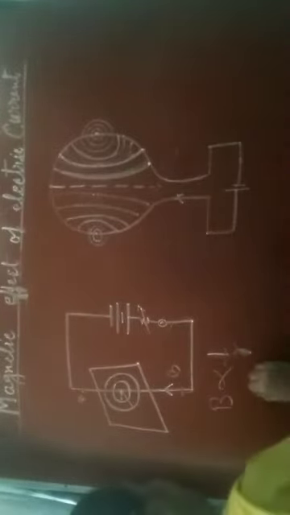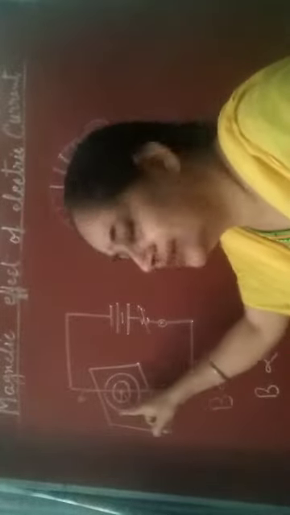If we pass more current, then the magnetic field will be more. So the magnetic field here depends upon two factors. One is current and the second one is radius. If the distance from the center increases, the magnetic field decreases. And if current increases, the magnetic field increases. So it depends upon these two factors. And the shape is concentric circles when the conductor is straight.